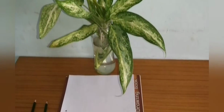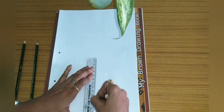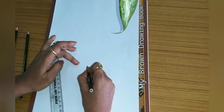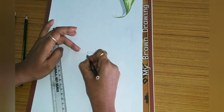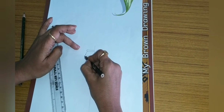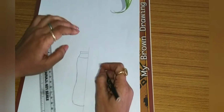First, we will draw the bottle, and for this, we will keep a straight line. Now, one side of